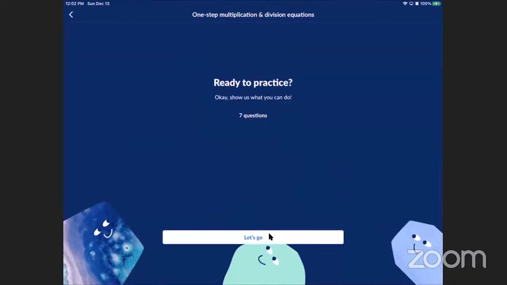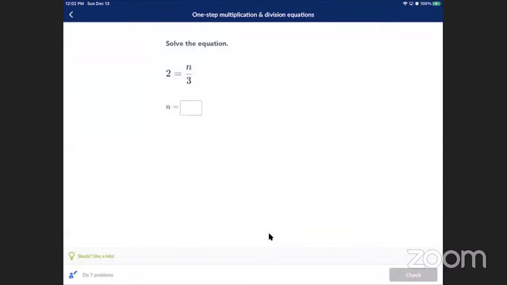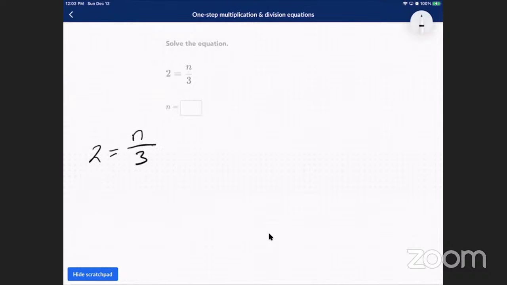All right. So here we are. We have one-step mathematics and calculus. This is the practice link. Let's get started. All right. So here we have: solve the equation. It's 2 equals n over 3. We can automatically look at n over 3